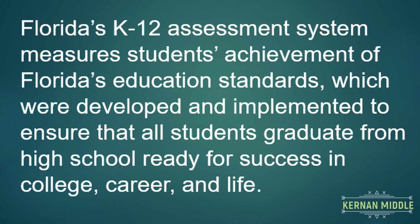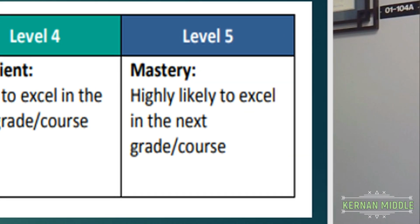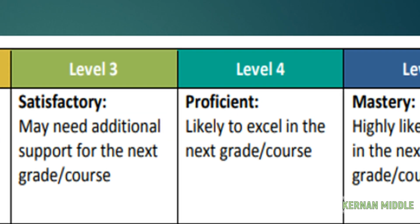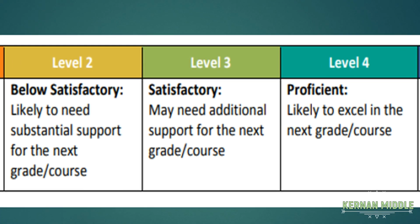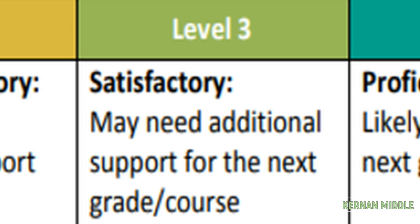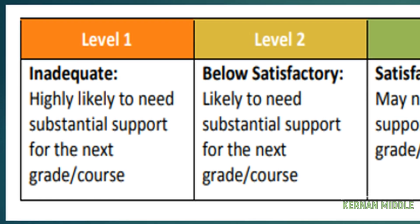FSA is scored on 5 levels. Level 5 is considered mastery, where the student is highly likely to excel in their next grade or course. Level 4 indicates that a student is likely to excel, and it is considered proficiency. Level 3, which is often referenced as passing, is considered satisfactory, and the student may need some additional support from the next course or grade. Level 1 and 2 are not quite there yet, and we need to really reach for at least that level